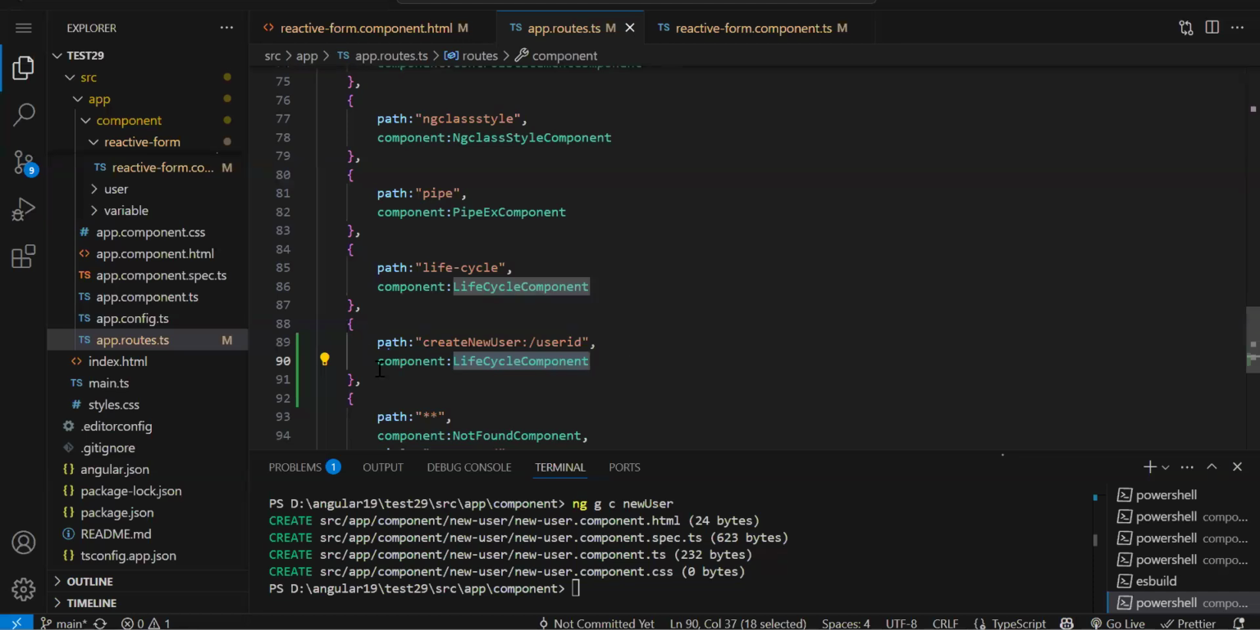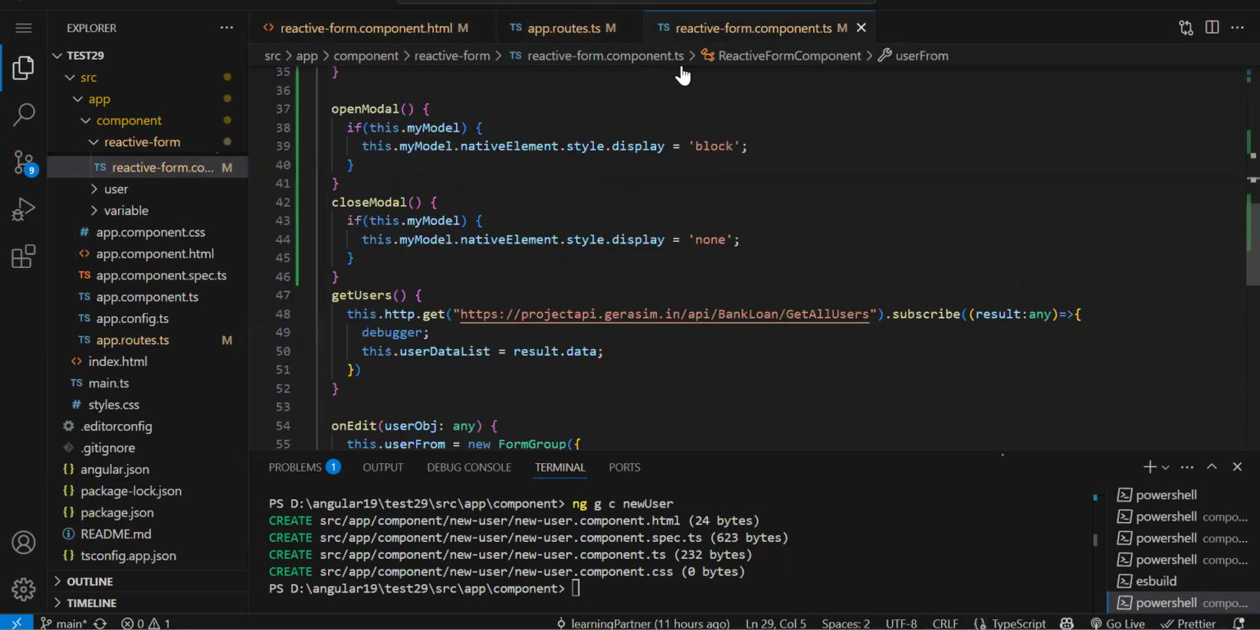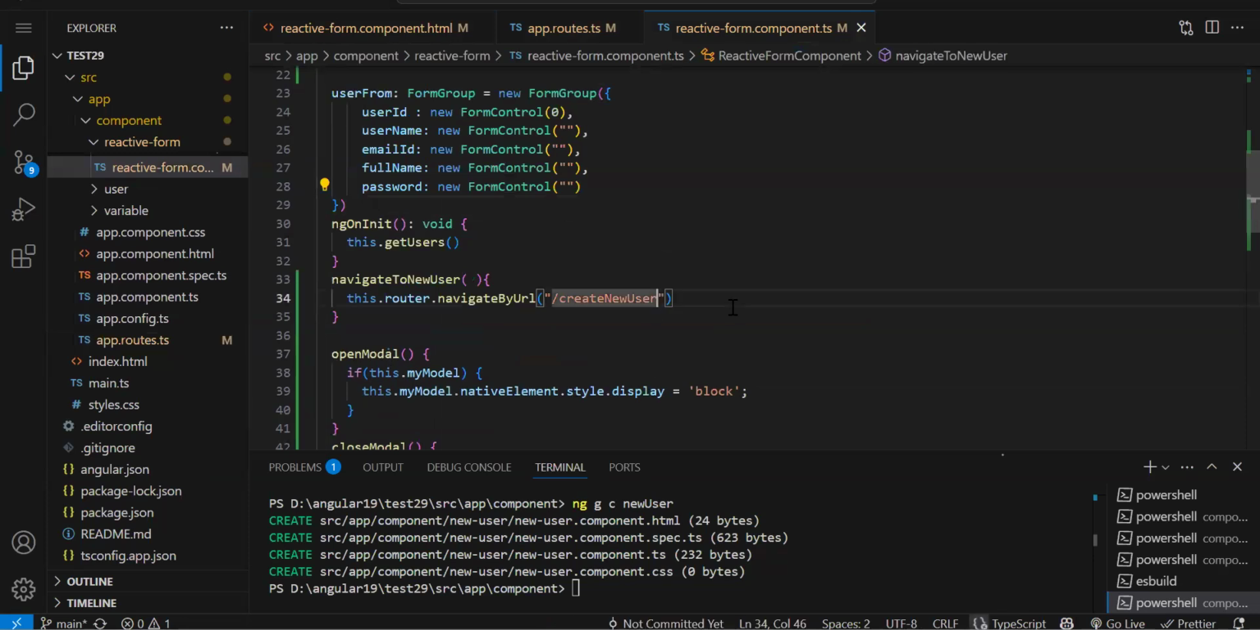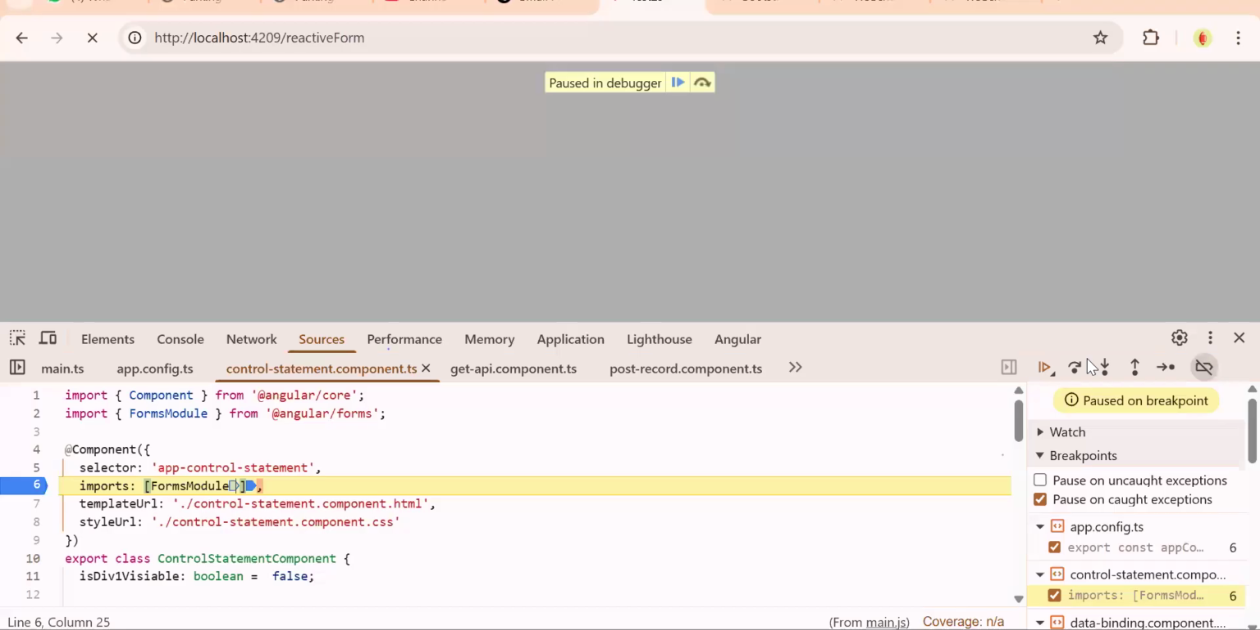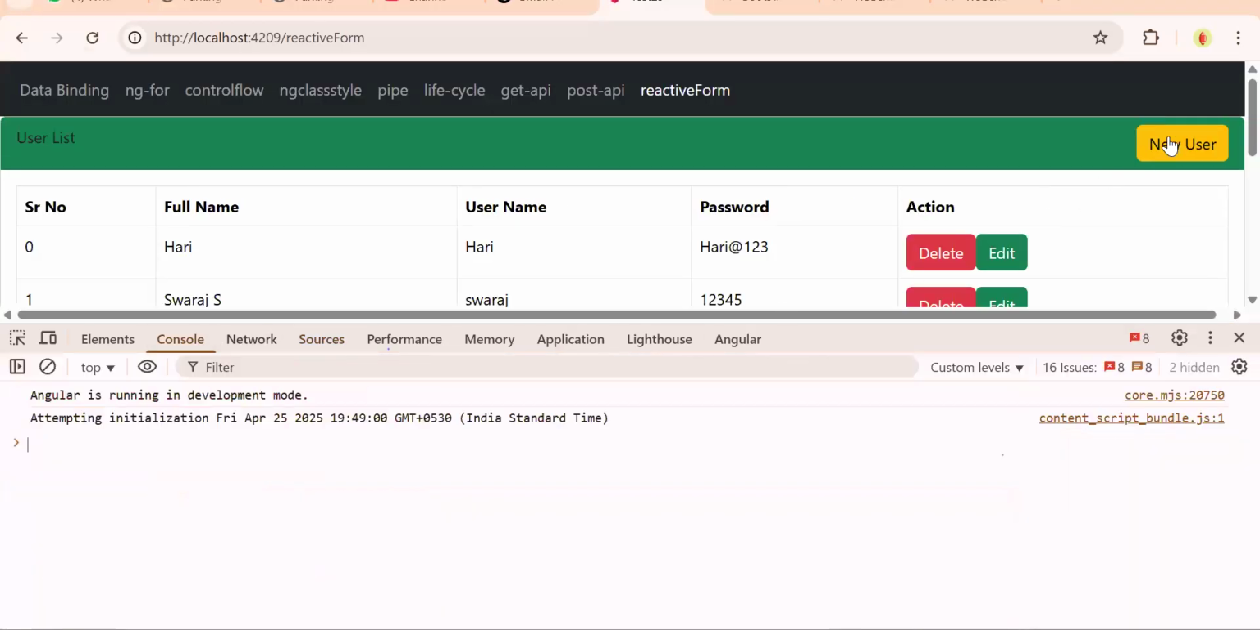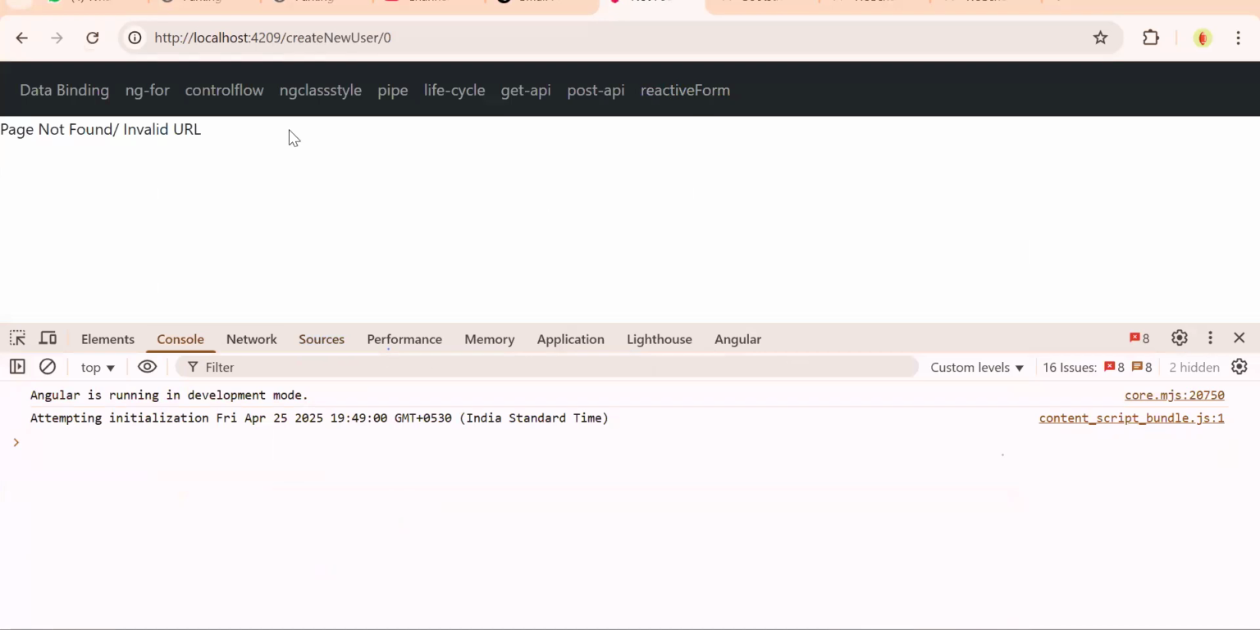In edit, it will work fine because while editing, you will pass the ID. You got the ID also. In case of new, what do we have to do? Pass 0, sir. 0. Okay, you will pass 0. So when you have to navigate, /0 we will pass. Okay. Then remove that other route. So on click of this, we are able to